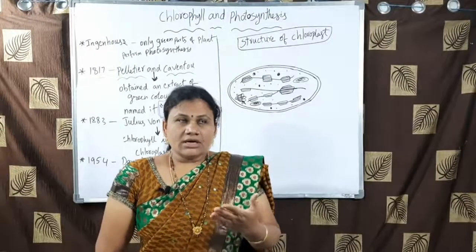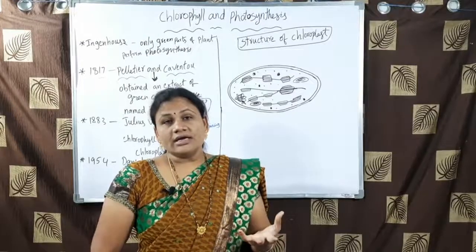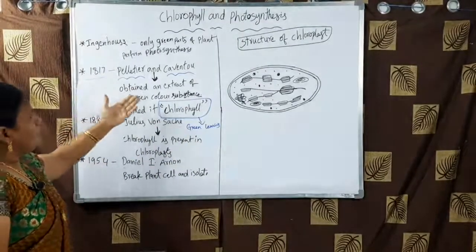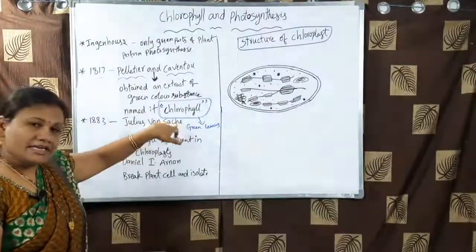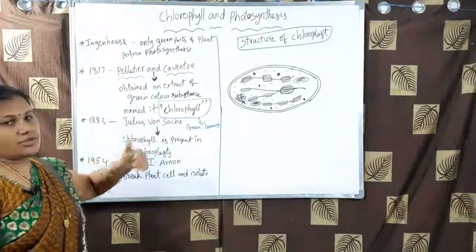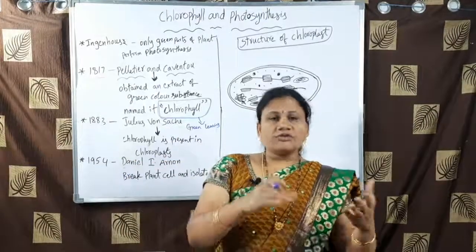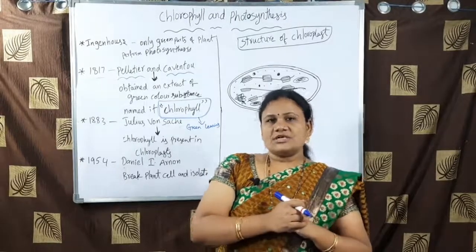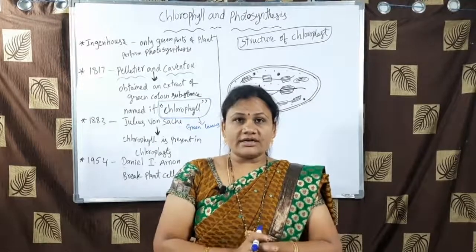After this discovery, the scientists didn't know where this chlorophyll is present in leaves. Of course chlorophyll is present in leaves, but where is the certain location in leaves? A leaf is an intact structure which consists of several organelles. We have studied cell organelles in our 9th class, first lesson. If you see the plant cells, several organelles are there.